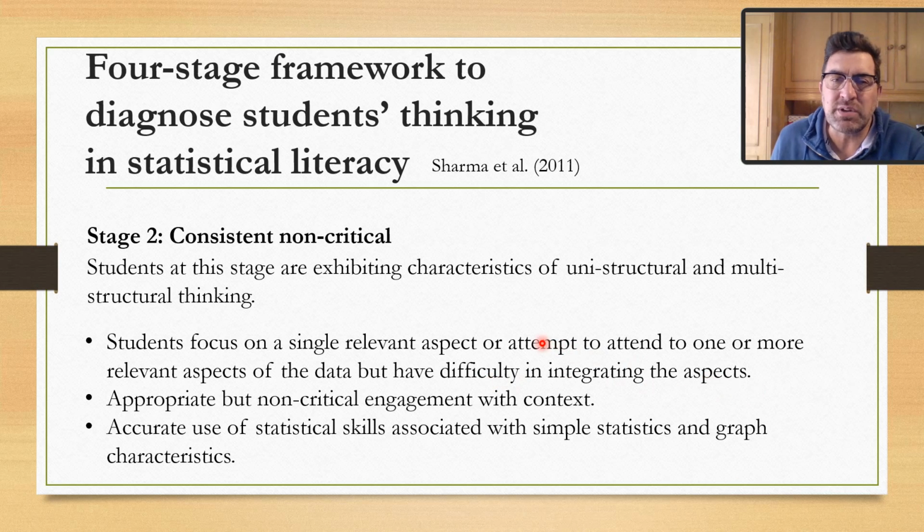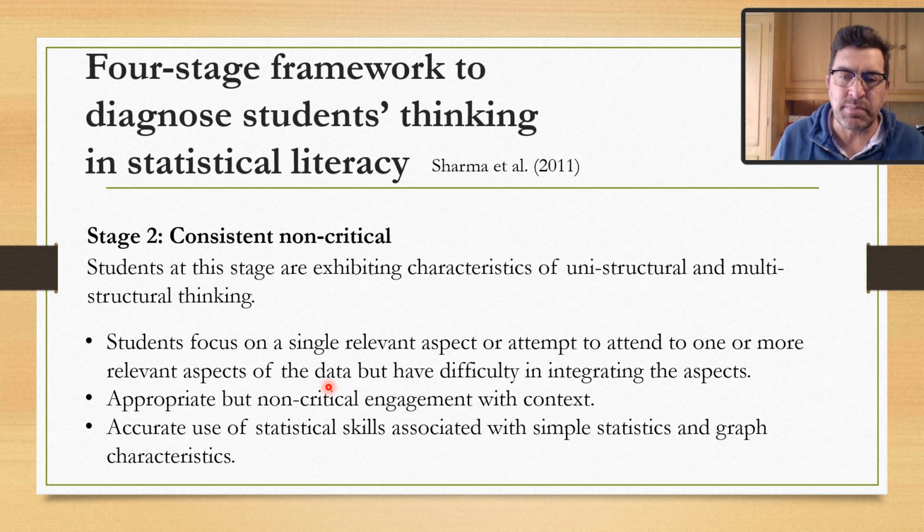So this is what sets level 0 and 1 apart from level 2, is the fact that here they can focus on single relevant aspects or one or more relevant aspects of the data, but they cannot integrate the aspects,